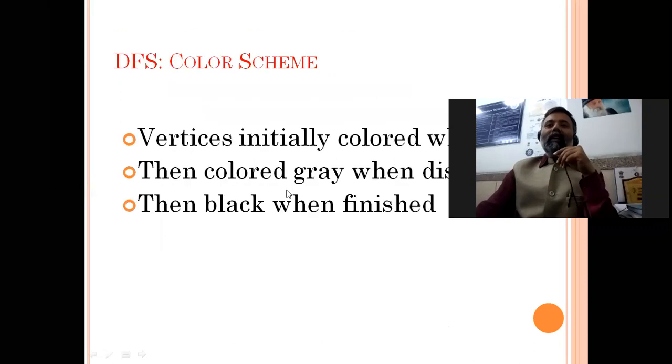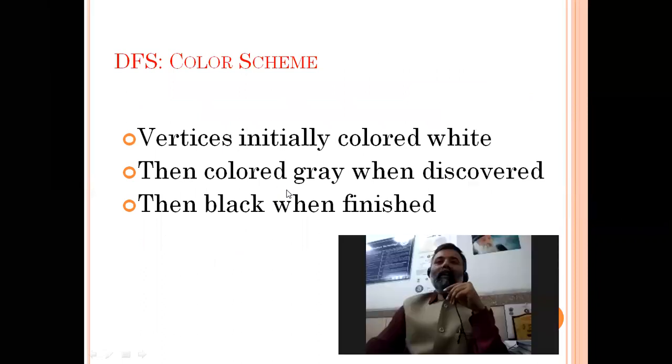Now in our algorithm, we will use three colors. We will use white color, and initially we will initialize all the vertices as white, which means that the nodes are unexplored.